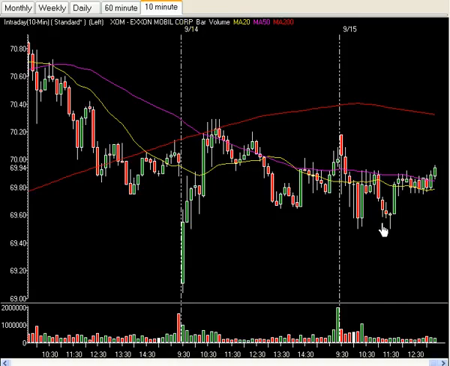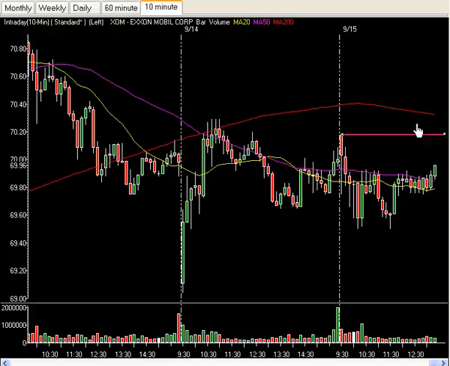ExxonMobil, folks. Exxon is starting to break up, although it is still negative on the day. Why would you think that Exxon would break up right now? And you should be thinking clear and simple. Oil's moving up, therefore Exxon should be catching a bit off of the oil price appreciation, and you can see that starting to happen here over the last couple candles. In fact, I'm surprised Exxon hasn't rallied more. I think it's a fair bet if oil stays up here into the close, you will see Exxon possibly go as high as